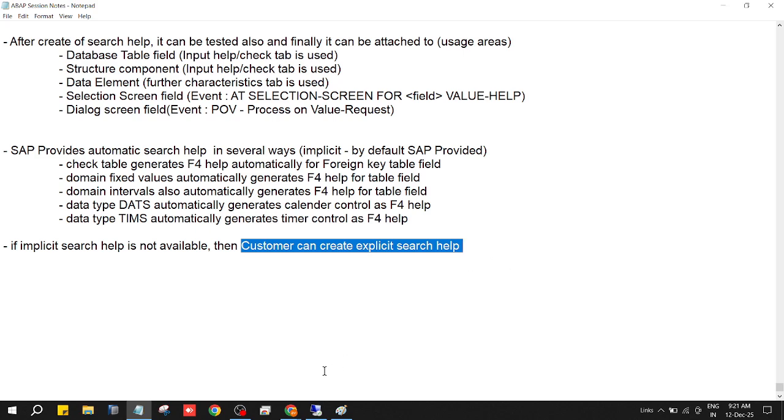But see, there are two types of screens: SAP screens and customer screens. SAP screens, we cannot disturb. That is automatically there. Hardly, an append is possible to enhance the built-in search help. But for our own screen fields, customer screens, we have two options. What are the two options? Customer screen fields